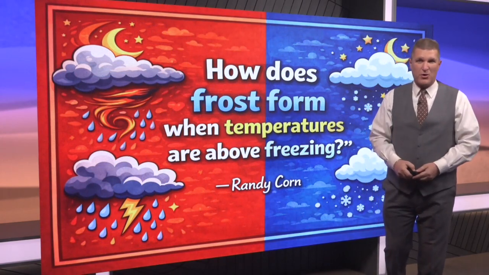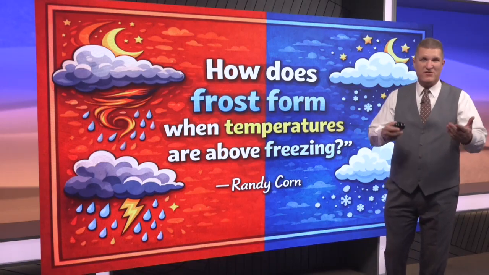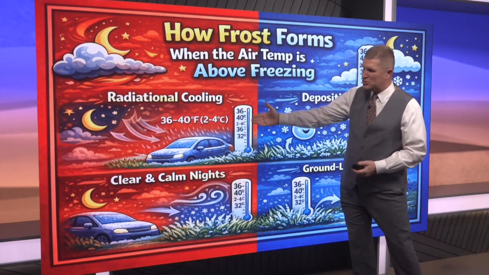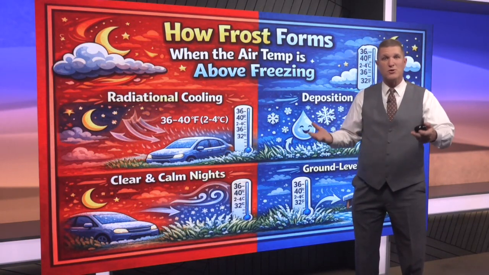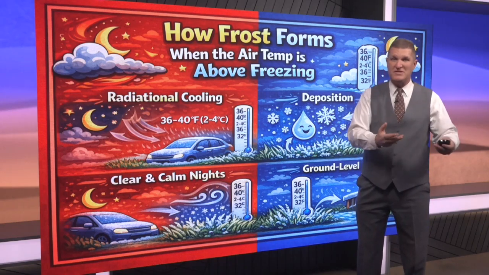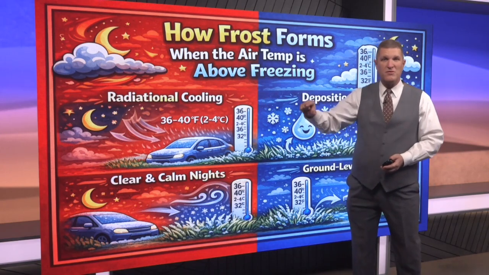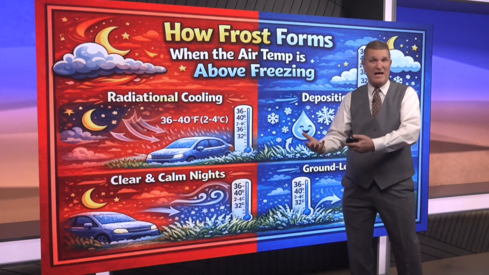This question comes from Randy Korn, and this all has to do with a phenomenon we saw last week. It's called radiational cooling, and that's when temperatures drop during the overnight hours, generally under clear skies and calm winds, and that allows the temperatures to drop. Now, the air temperature will be a little bit warmer than the temperature on surfaces, say grass, cars, and maybe